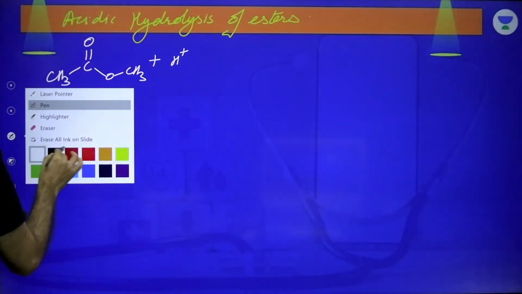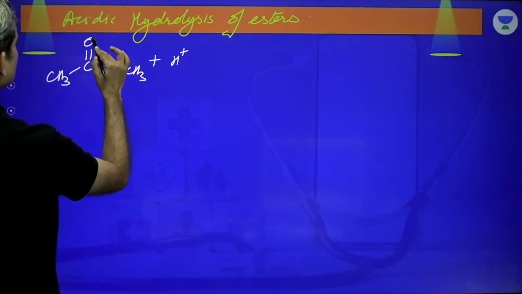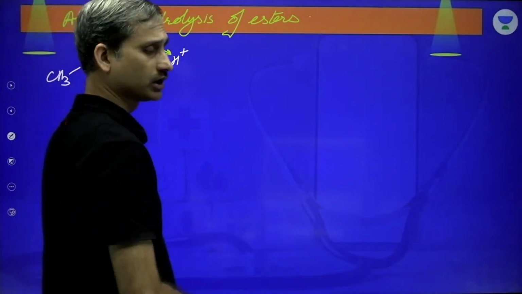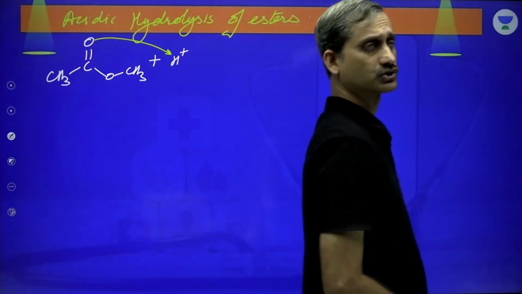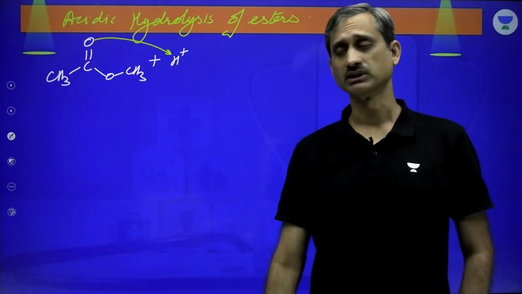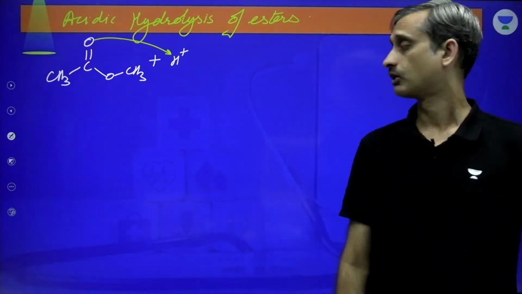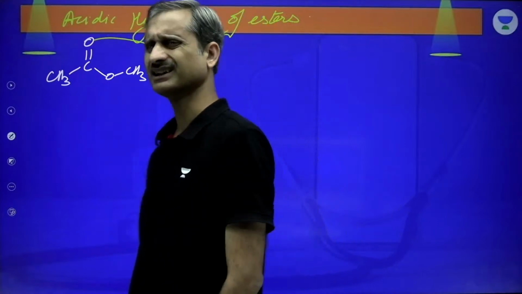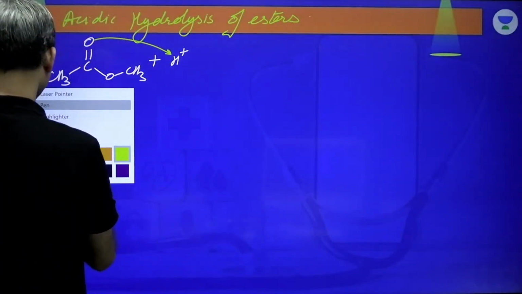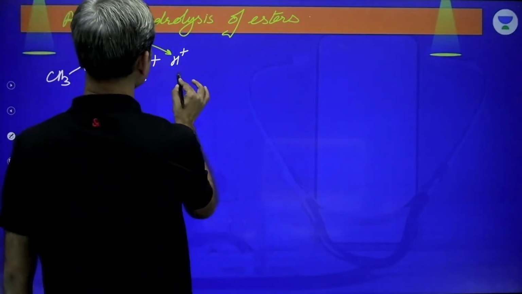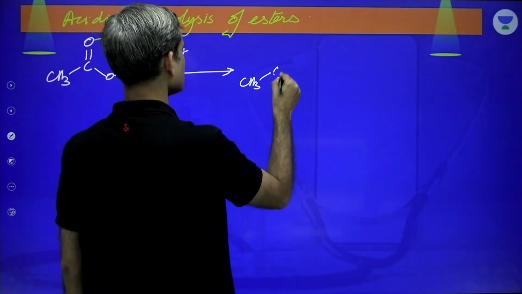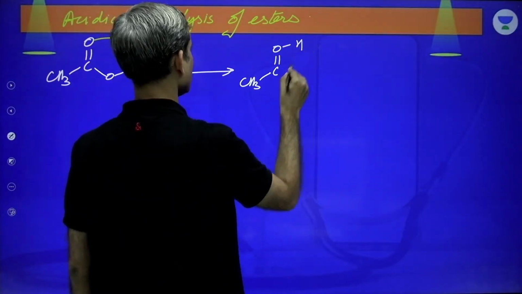Talking about this H plus, this oxygen attacks over. See, these arrows don't talk about the movement of atoms. The arrows talk about the movement of electron pairs. Electrons are available with oxygen, so the electron pair would move towards hydrogen. Here the coordinate bond is being formed, so there is no breaking of the bond as such. Clear? So this gives us an intermediate, and that intermediate is CH3, C double bond OH,